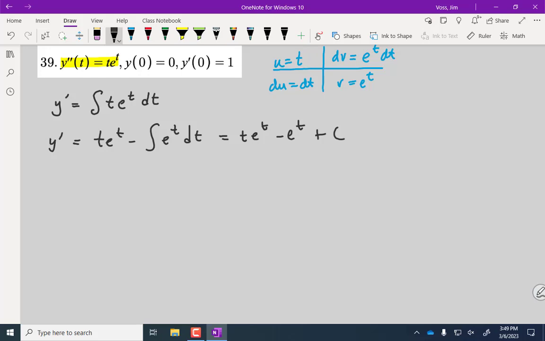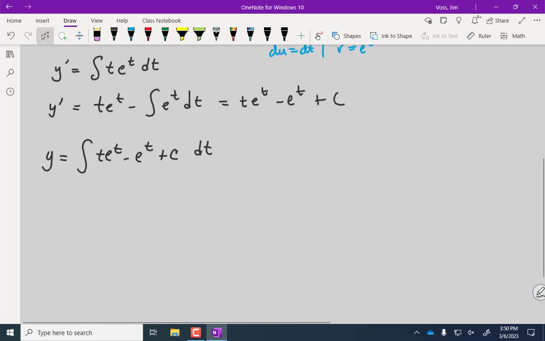Now we integrate one more time. So y is going to be the integral of t e to the t minus e to the t plus c with respect to t. And we already did the integral of t e to the t right up there, so we can kind of cut to the chase here. This is going to be t e to the t minus e to the t minus e to the t